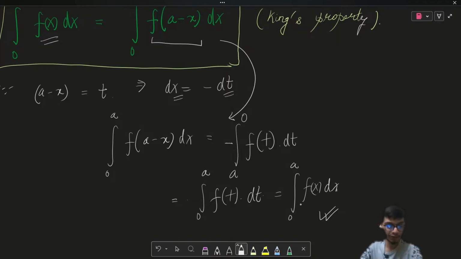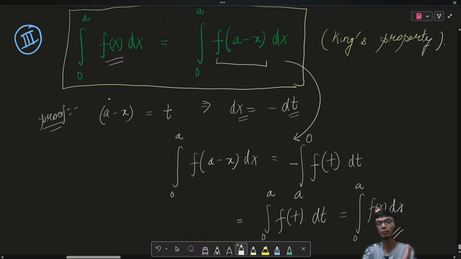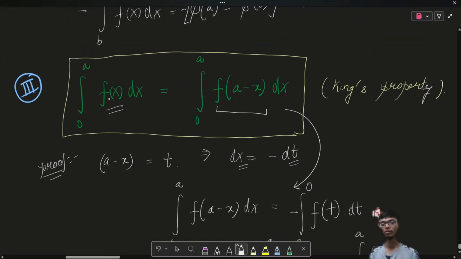Okay. So let's try to understand this property and how it is geometrically important. This property is useful to evaluate definite integrals without finding the corresponding indefinite integral, which may sometimes be difficult to find. Now, what is the technique that I will use here? Generally, I call this King's property because it is mostly used to solve questions